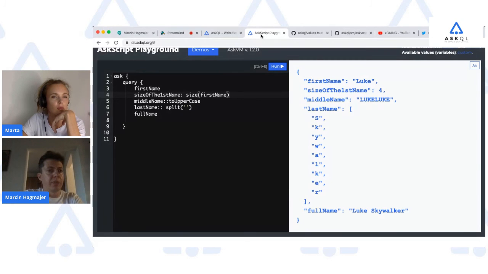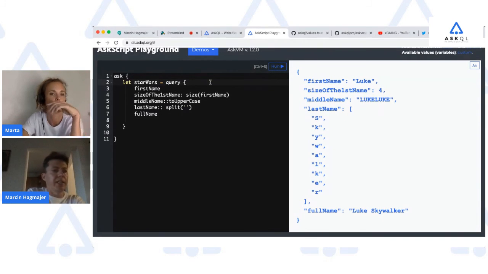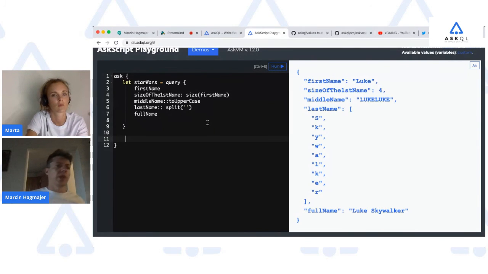So we can create a new variable, a new constant, and assign the return value of this query to this constant. Like so, exactly. Starting from line 10, you can do stuff with it. For instance, you can say, I only want to get a specific field of it.